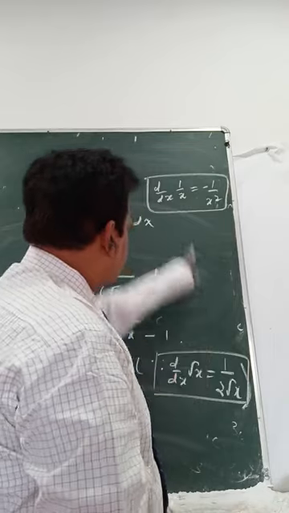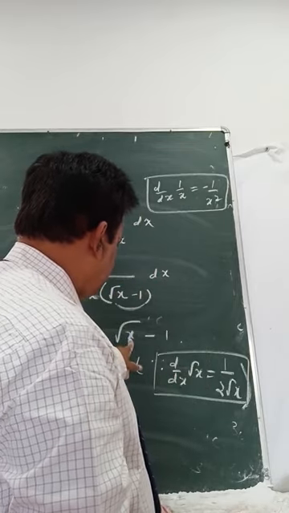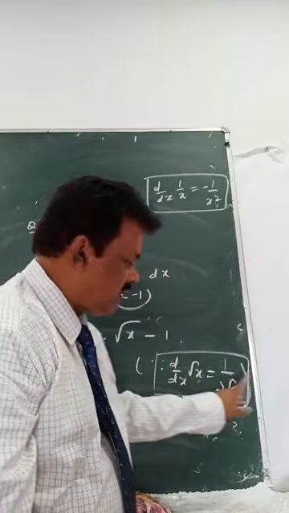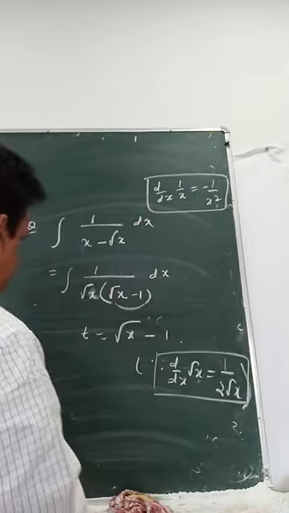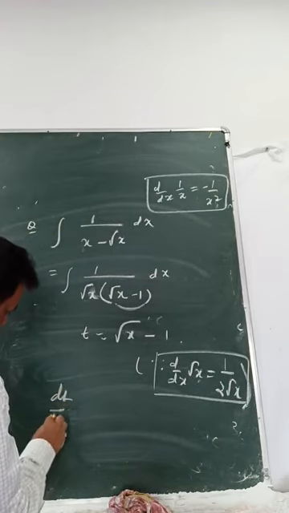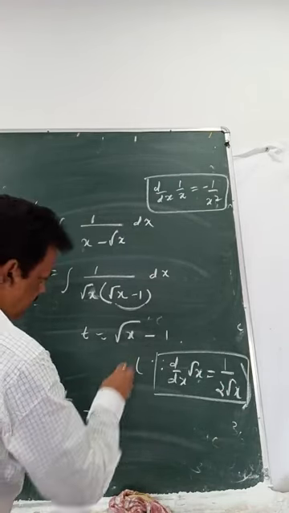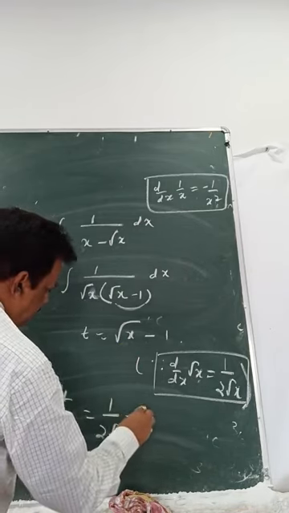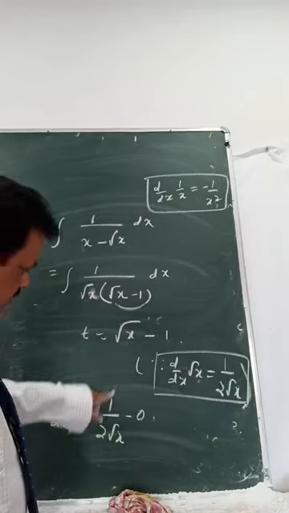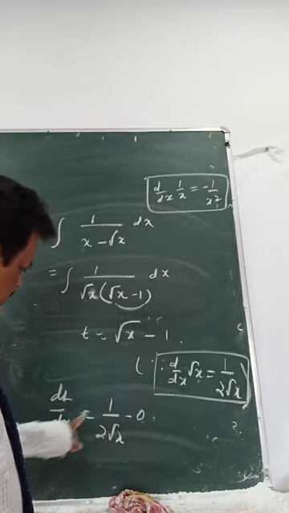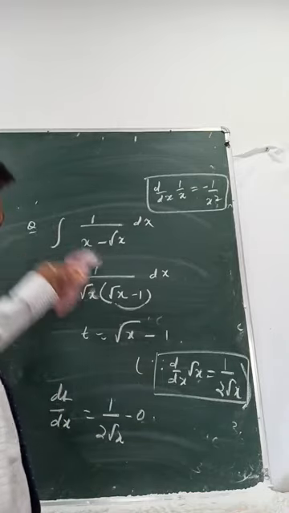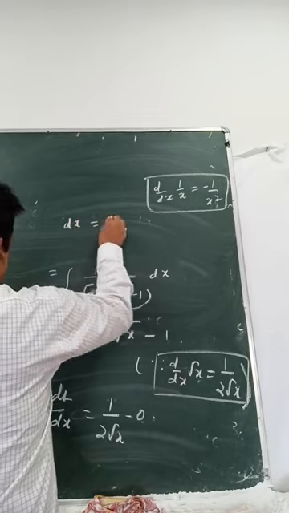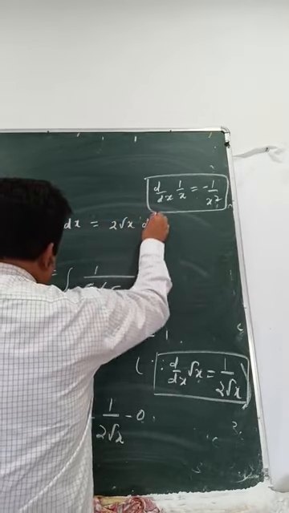So better to remember these two. That means when I go to find the derivative, instead of using the nth formula and writing two more steps, you can directly write this one. So dt by dx, its derivative is 1 by 2 root x, and the derivative of the constant is 0. Root x derivative is 1 by 2 root x. Let's take dx here, this number here. So you are finding dx equals 2 root x dt.